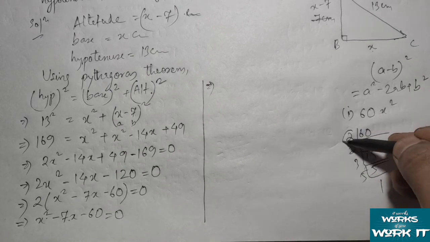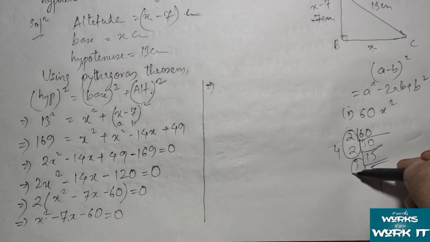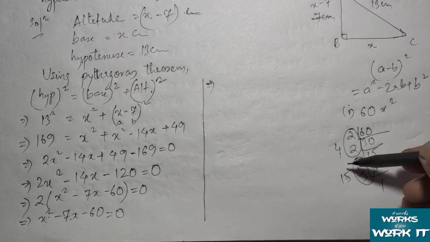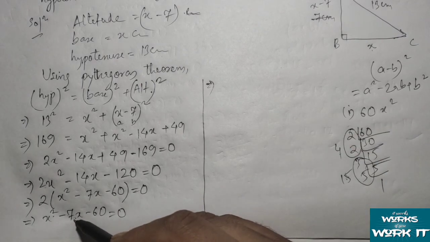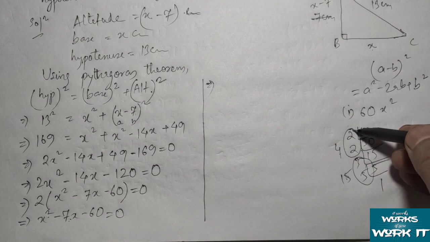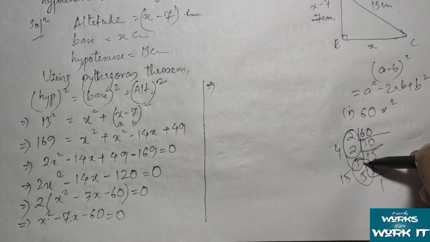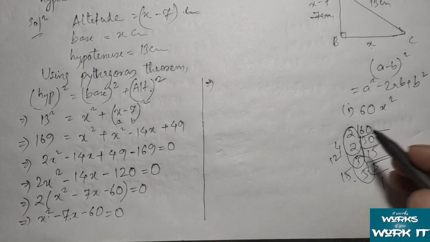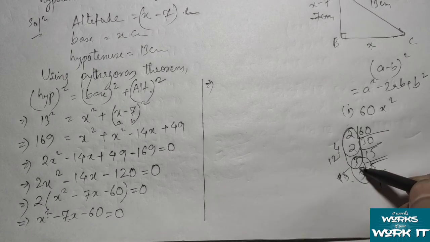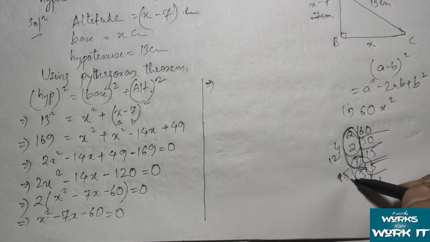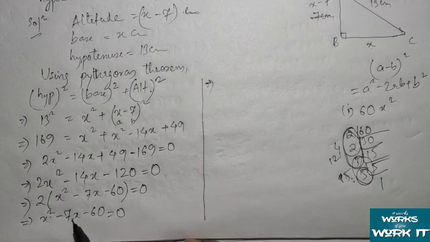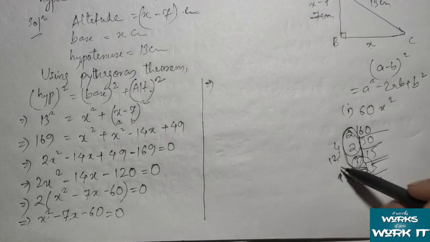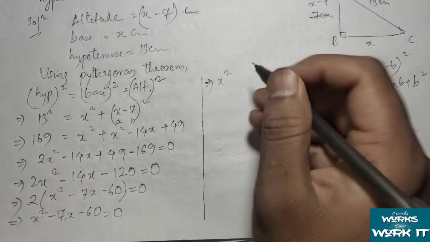Okay, so how can we form this one? So I will form here 4, and this one gives us 15. Okay, so if I subtract 15 and 4, it is not giving us 7. So what will we do? We will take another part, that is 2 into 2, 4, 4 into 3, 12. So we are getting 12 and this one will be only 5. Okay, up to here we have multiplied, so 12 and 5. So subtracting 12 and 5 we are getting 7, and after multiplying 12 and 5 we are getting 60. So we can take these two numbers as the middle term.